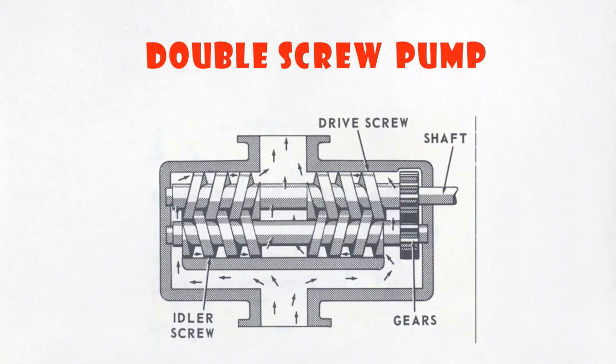This one is the double screw pump. Another positive displacement rotary type pump frequently used in industry for pumping oil or other heavy viscous liquids is the screw gear pump. The screw gear pump, with its double gear impeller design, is able to pump a large amount of oil with relative ease. Because the basic mechanism has a complicated shape, the screw gear pump is expensive to manufacture and quite susceptible to damage from abrasive material.